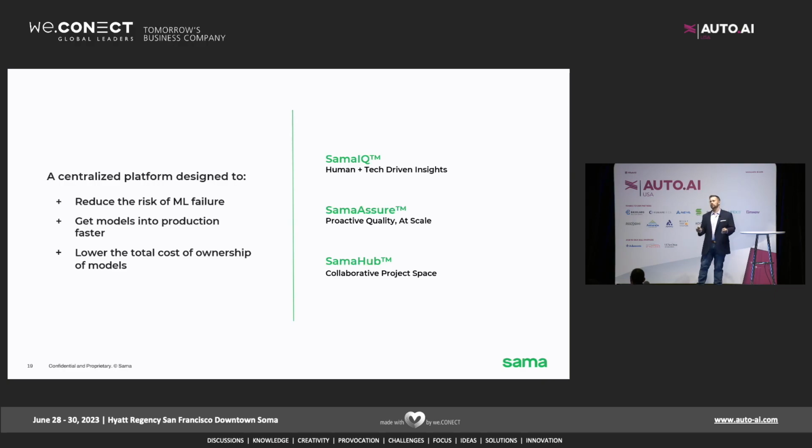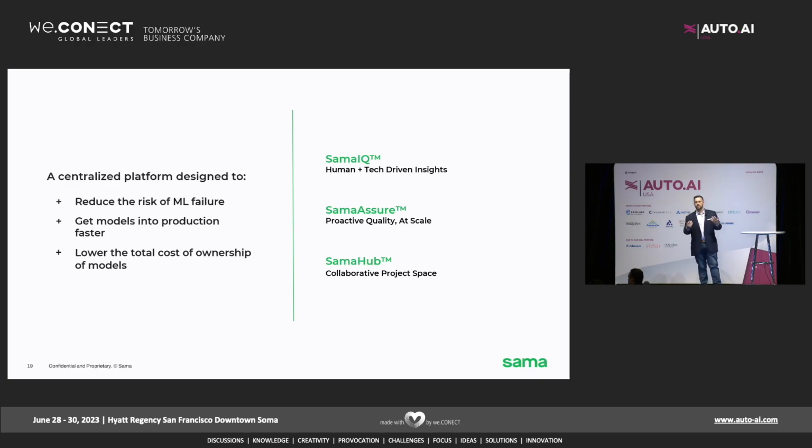Sama Assure is where we do quality at scale. I just said 10 million shapes a day with 99% customer acceptance rate. That's quality, that's scale. We do this through technology. We've got, as I mentioned earlier, things like Auto.AI. We've got things where we can use ML detections to detect errors. We've got quality review steps. We've got customer sampling. We've got a new platform to enable that even better. And we do all of this as part of what we offer.